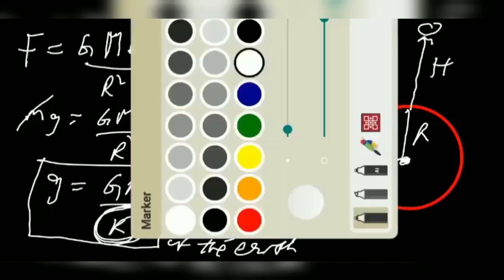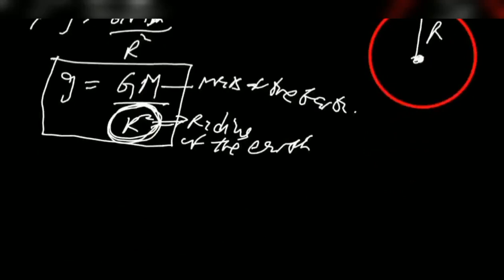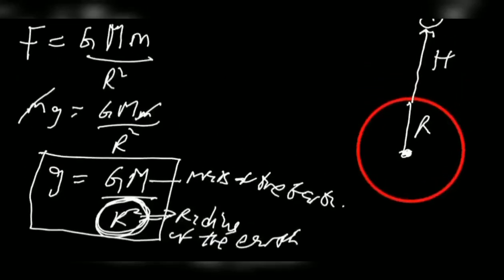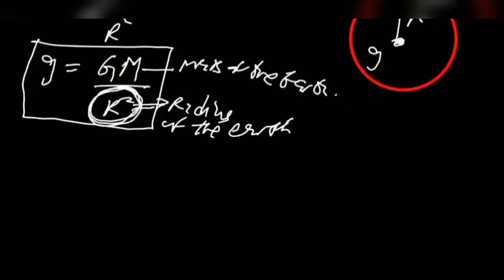So what do we do in this case? You will see that this formula will just change a bit. The g that is here is the gravity that occurs on the earth's surface, but at the height here, let me say the acceleration there is g prime. There will be a different g because they are at different locations. Now let's move on. So this g at a different location will be equal to what? GM over